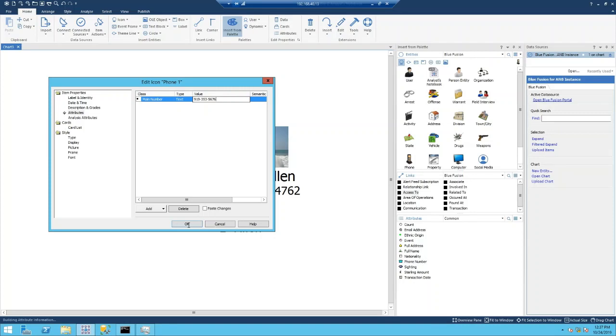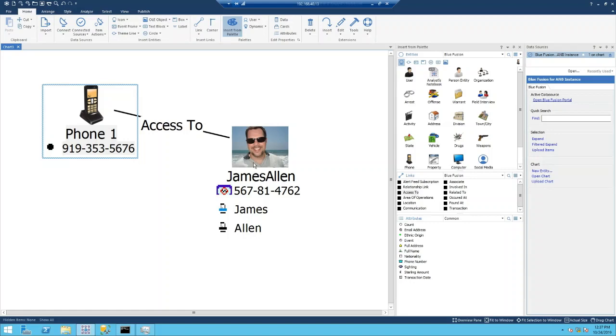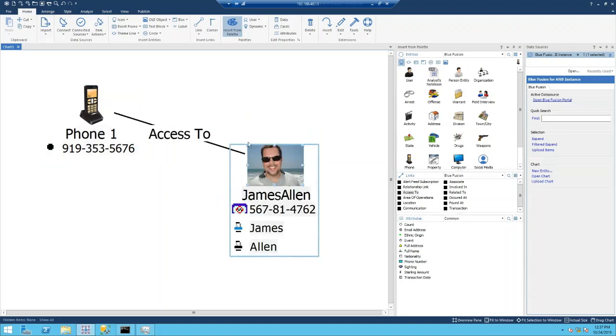We'll click OK. Now we have a linked chart, which we may then choose to directly upload to BlueFusion or continue to grow